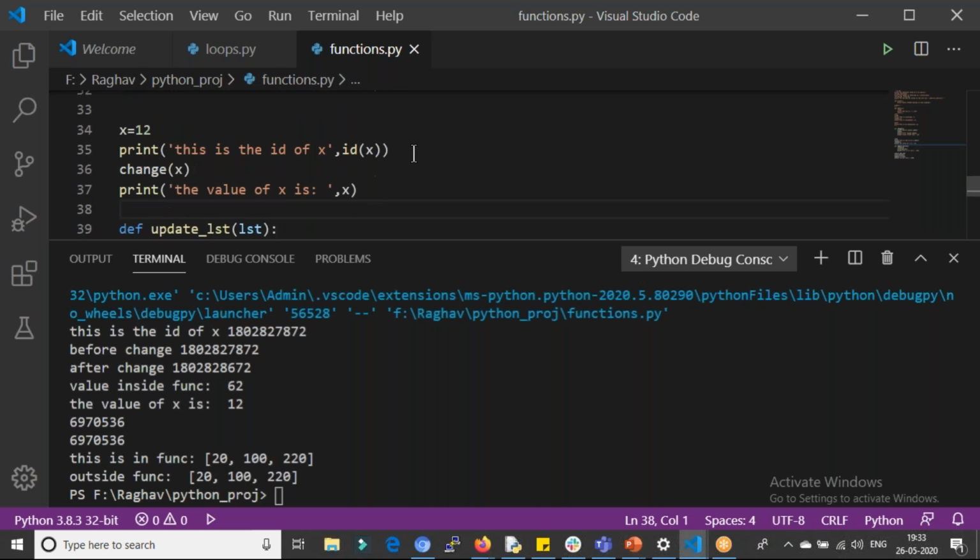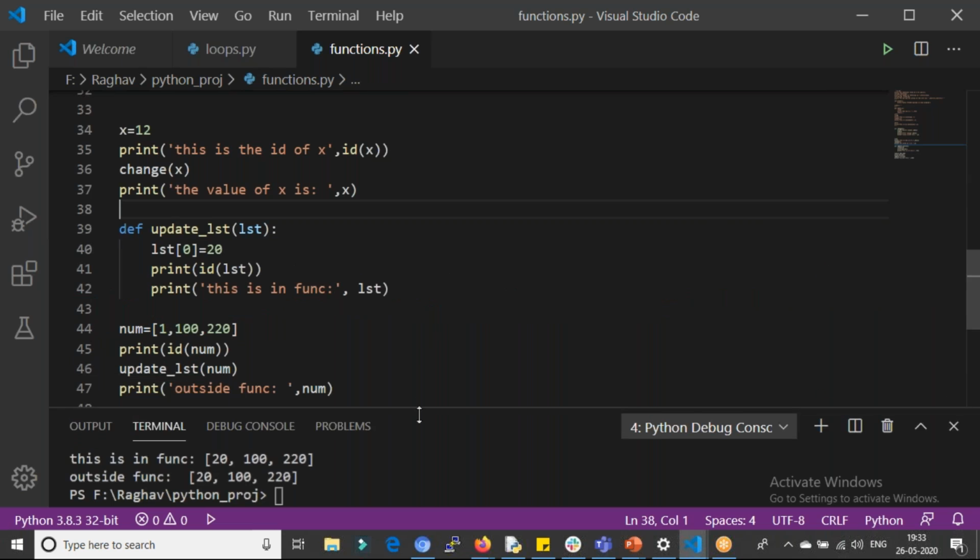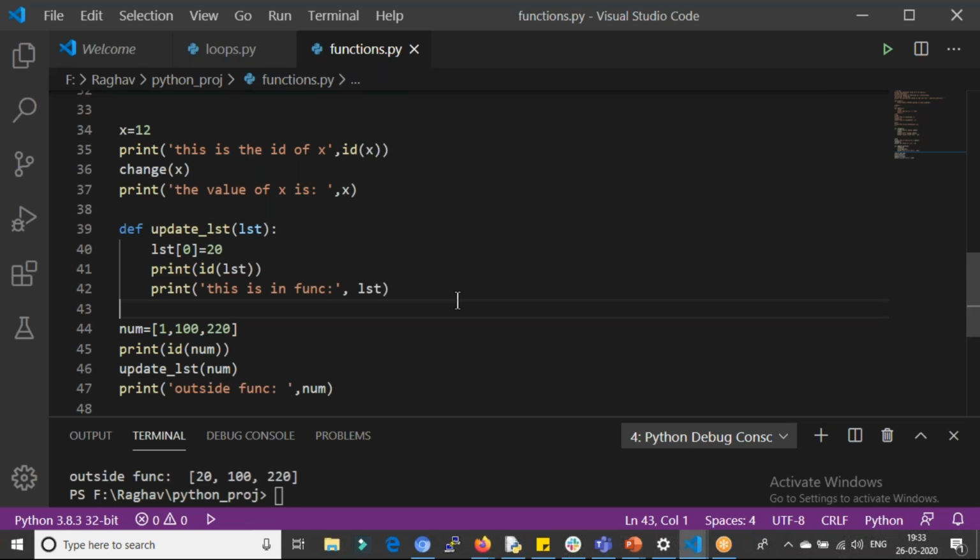Let me just lower this one. So suppose this is the idea of changing the value. Even after doing this, the value of x is remaining the same.